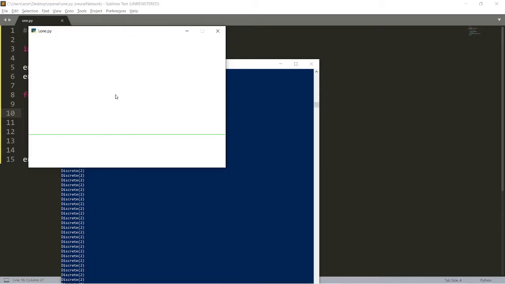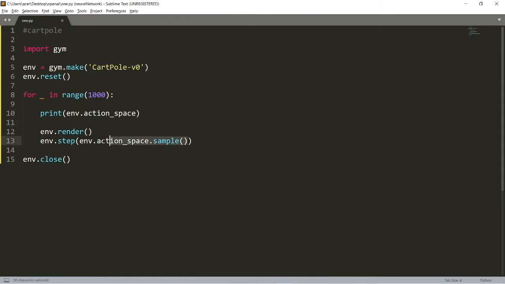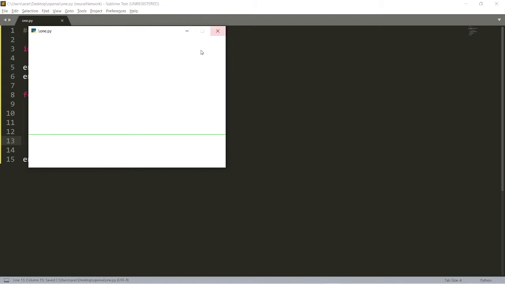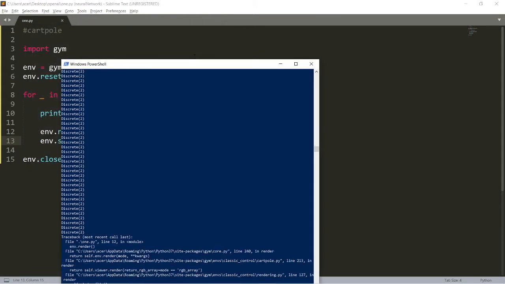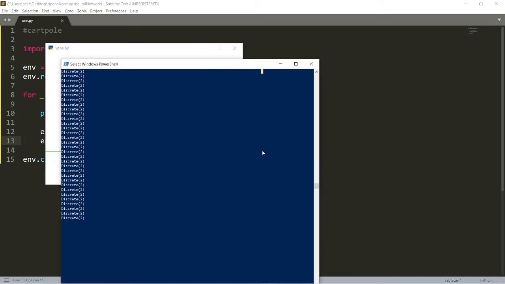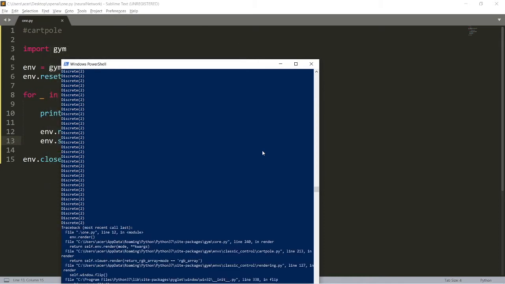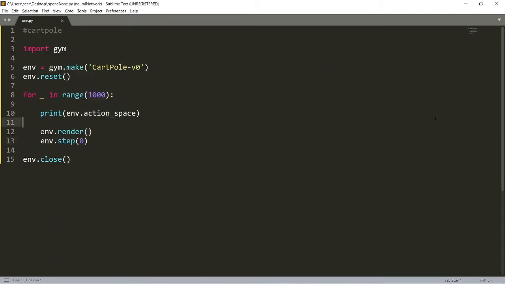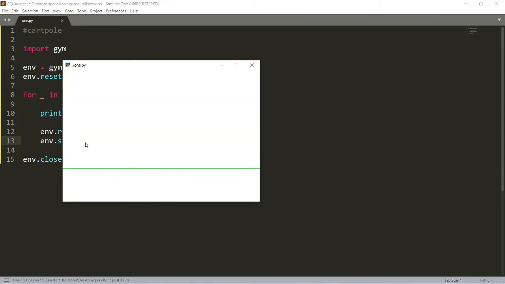If you give the value 0, the cart will move towards left and the pole will move towards right, because of laws of motion. Let me just close it and run it again. You can see the cart is moving toward left and the pole is moving toward right. And if you give it 1, the cart will move towards right this time, and the pole will be moving